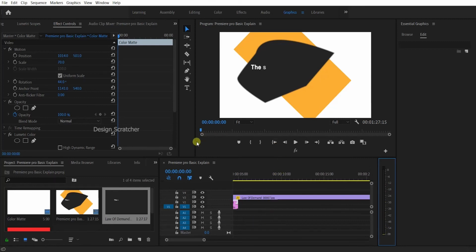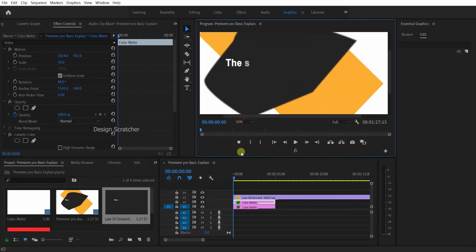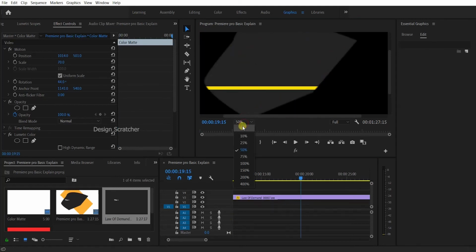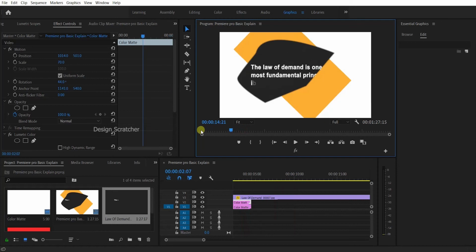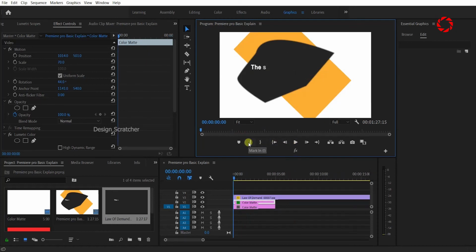Okay, then this is for reveal and edit also. You can check it here only. This is for the fit and zoom, everything here only, for your kind of preference only. And same here also, you can play and pause the same. You can mark in here and mark out also.